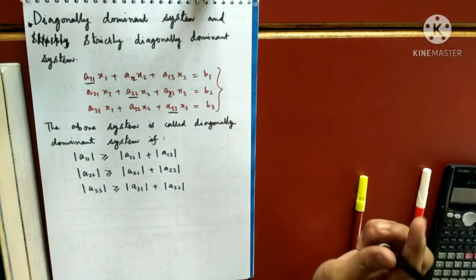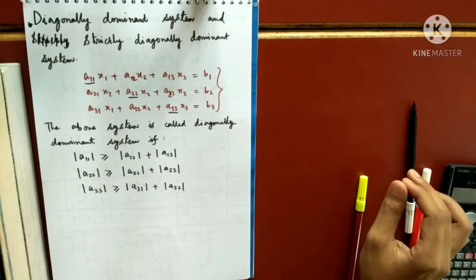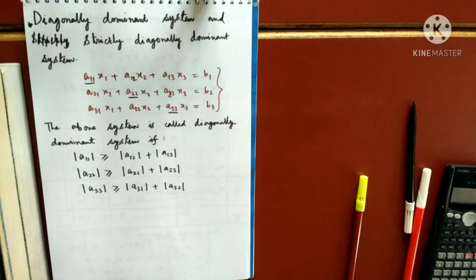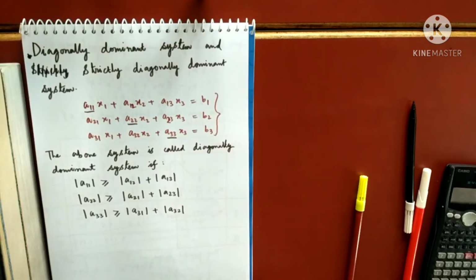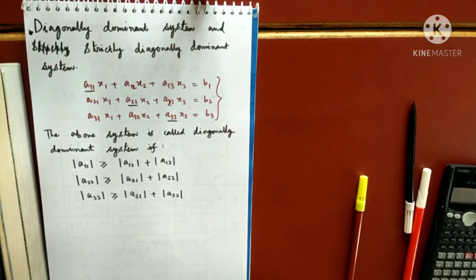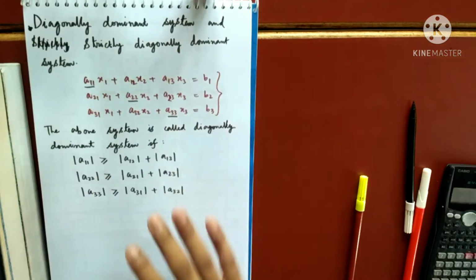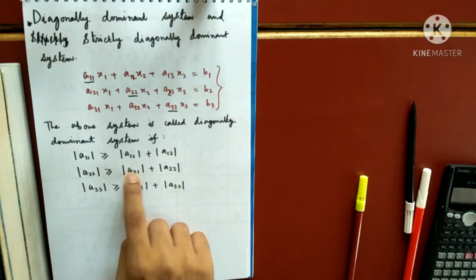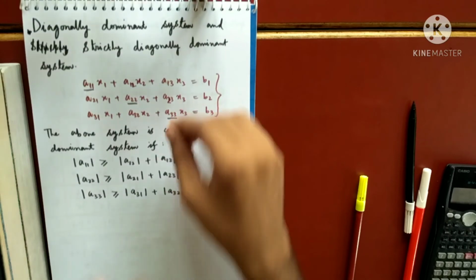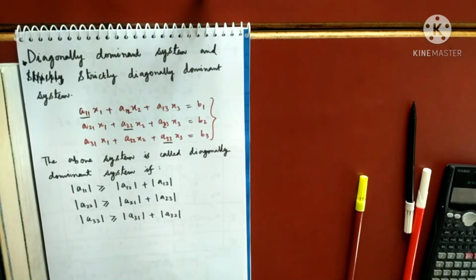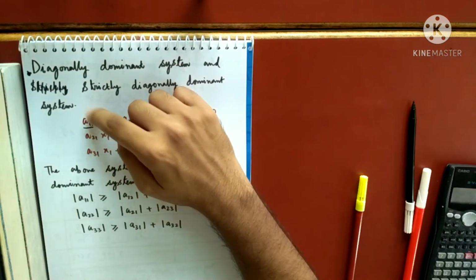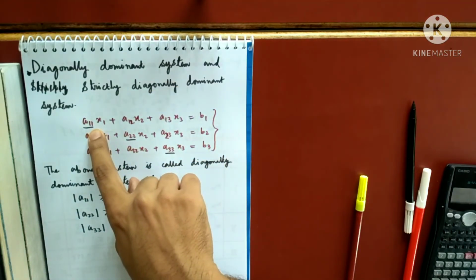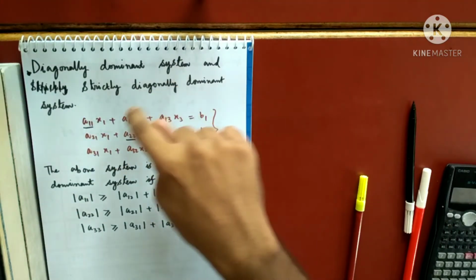Understood the definition of a diagonally dominant system? So the number present in the diagonal, I will repeat, don't worry. First of all, I'm talking about modulus. That means whenever there is a negative sign, I will avoid that and just take the positive numbers there. So the number in the diagonal is greater or equal to the sum of all other numbers.